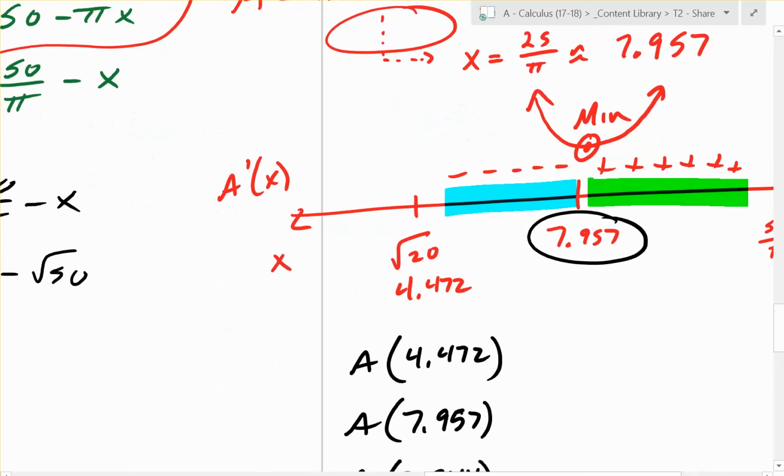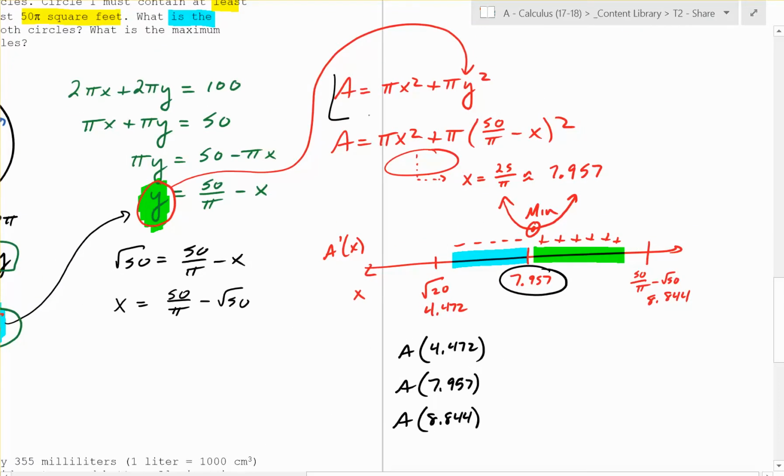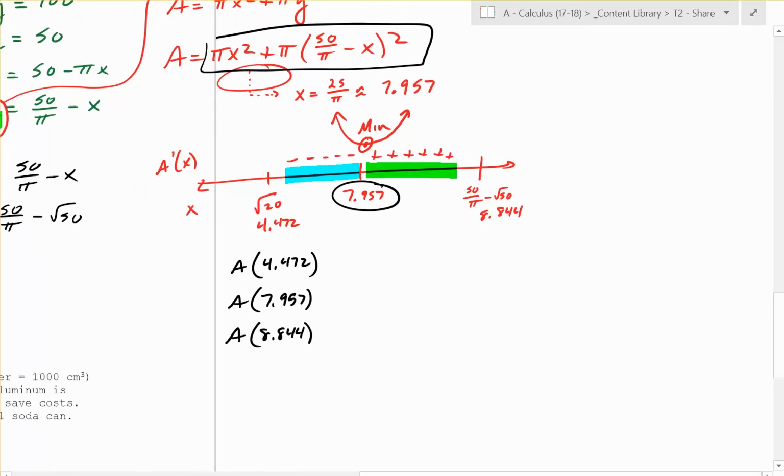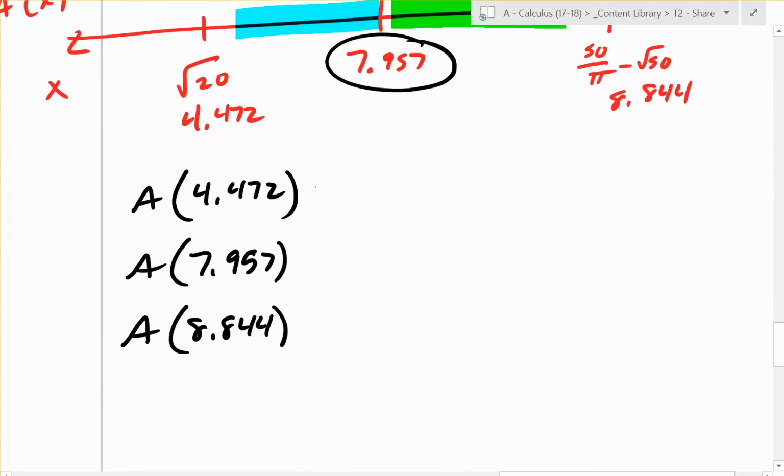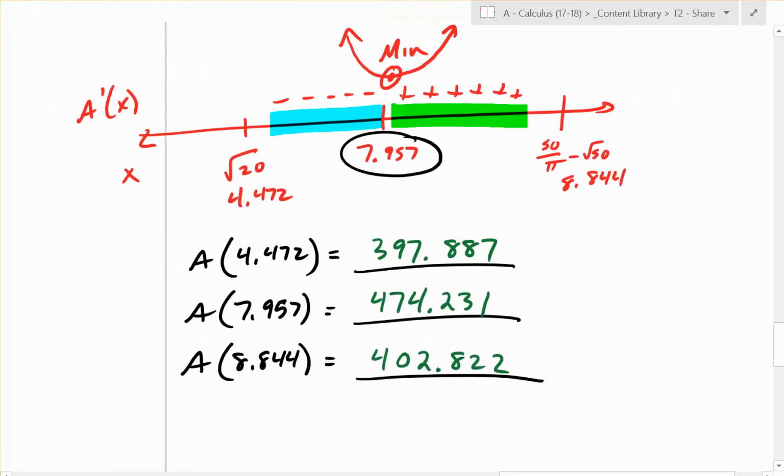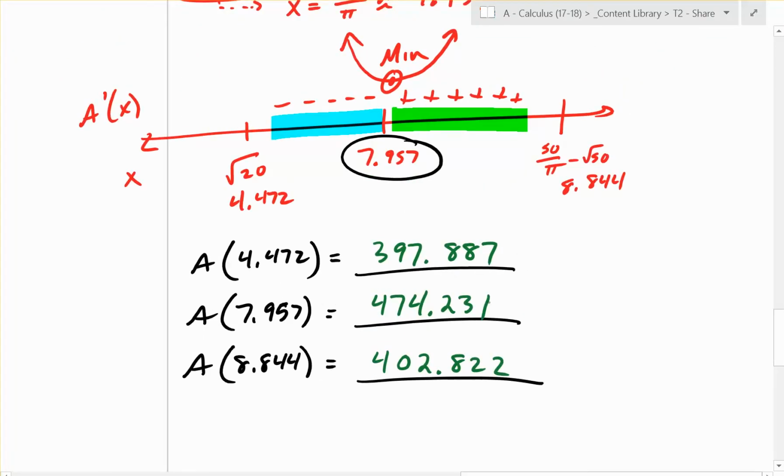You need to plug that into the original area function, and that original area function is right here. But you want it in one variable, so you're really plugging it in right there. Those are the x values, area in terms of x. When you plug in those values, you end up with the following areas. You end up with those final areas, and that tells you that the minimum does actually,